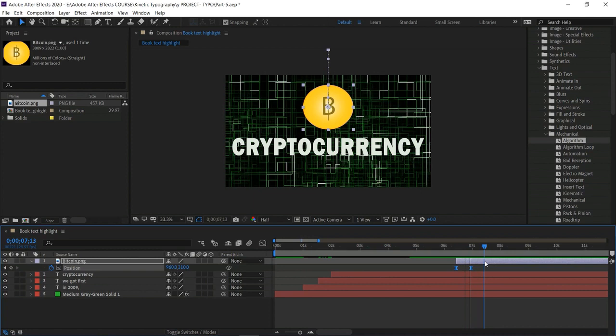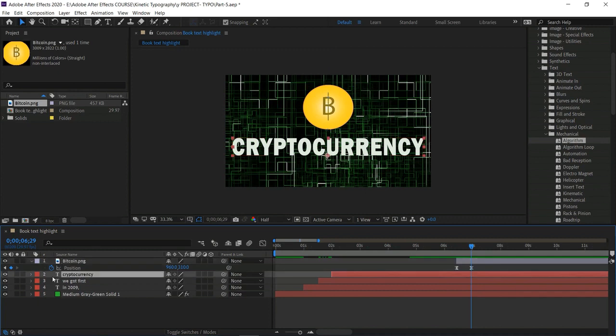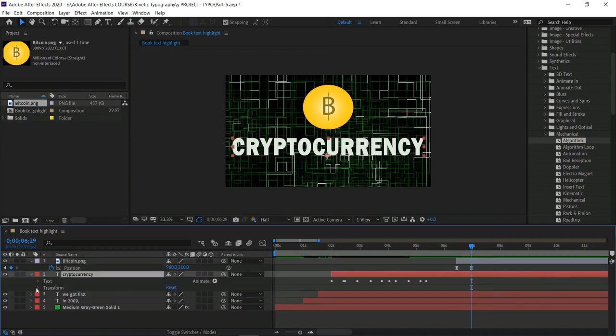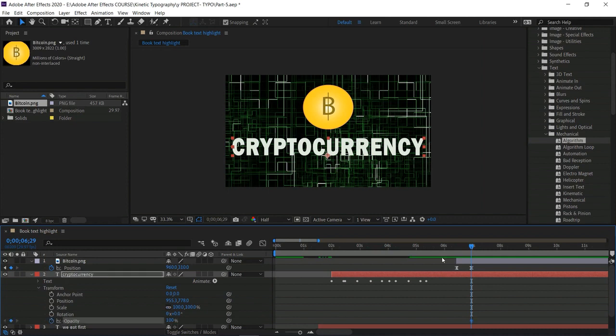After that, we can either fade out the third text layer to make some space for other vectors, or just make it disappear. Just go to the properties, transform, and opacity. The shortcut for opacity is T. You can create a keyframe for this opacity and turn it from 100% to 0, so it will smoothly fade